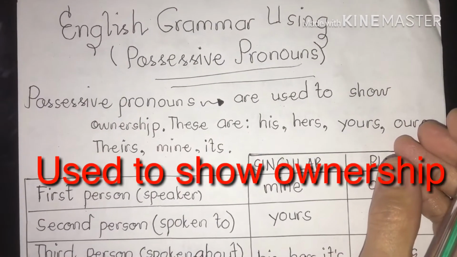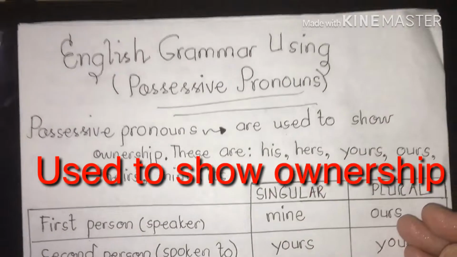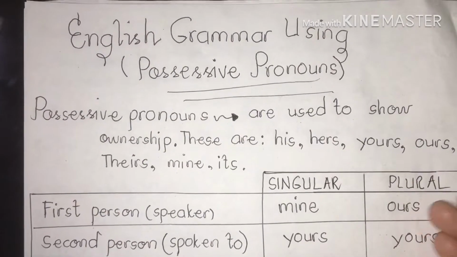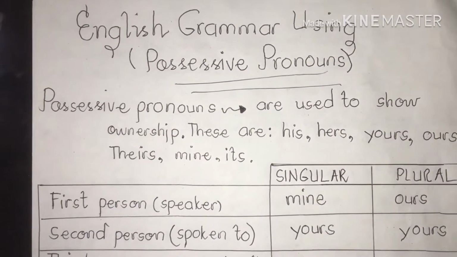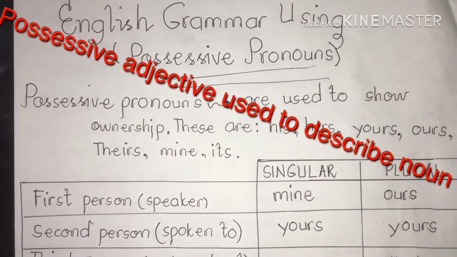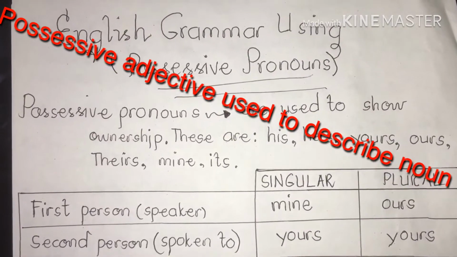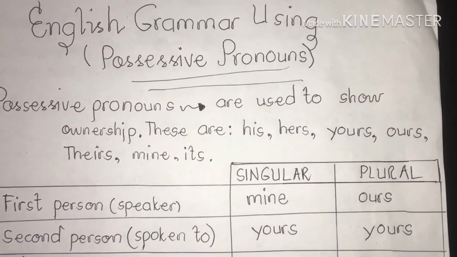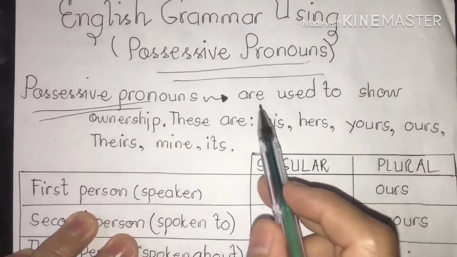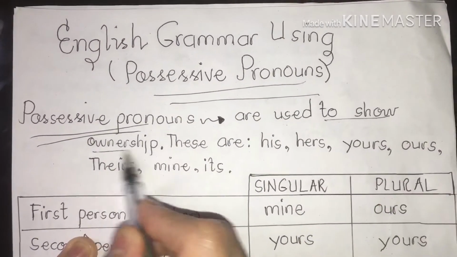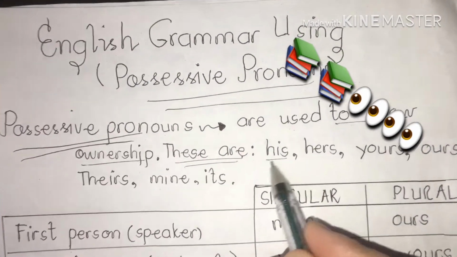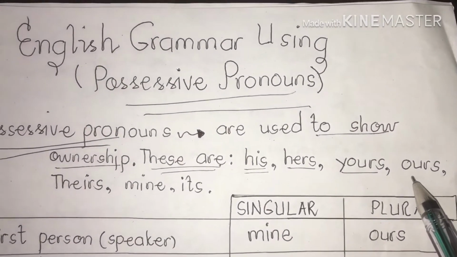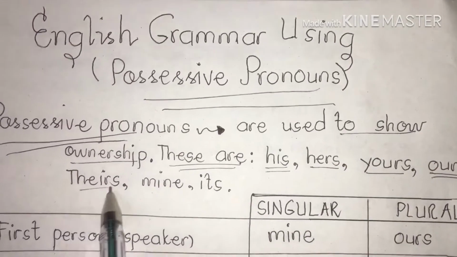It shows ownership. On the other hand, the difference between a possessive pronoun and a possessive adjective is that possessive pronouns are used to replace the nouns, whereas possessive adjectives are used to describe the noun. Some forms of both are the same, such as his and its, however, they are used differently. Possessive pronouns are used to show ownership. These are his, referring to boys, hers, referring to girls, yours, the one spoken to, ours, for everybody, theirs,